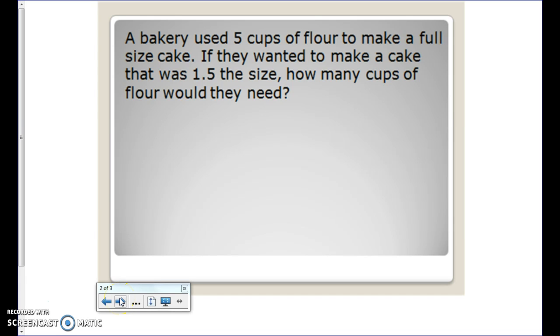Alright, our first example says that a baker used 5 cups of flour to make a full-size cake. If they wanted to make a cake that was 1.5 the size, how many cups of flour would they need? Well,